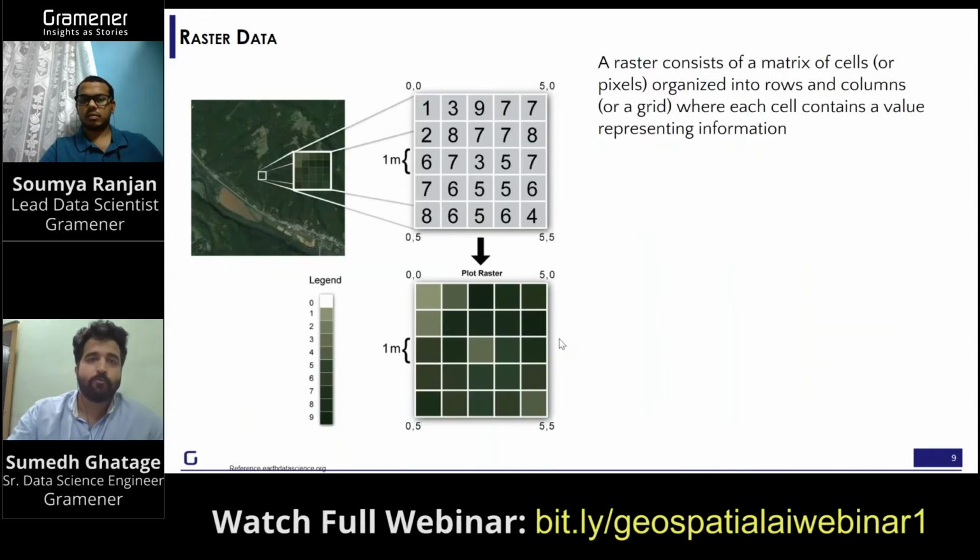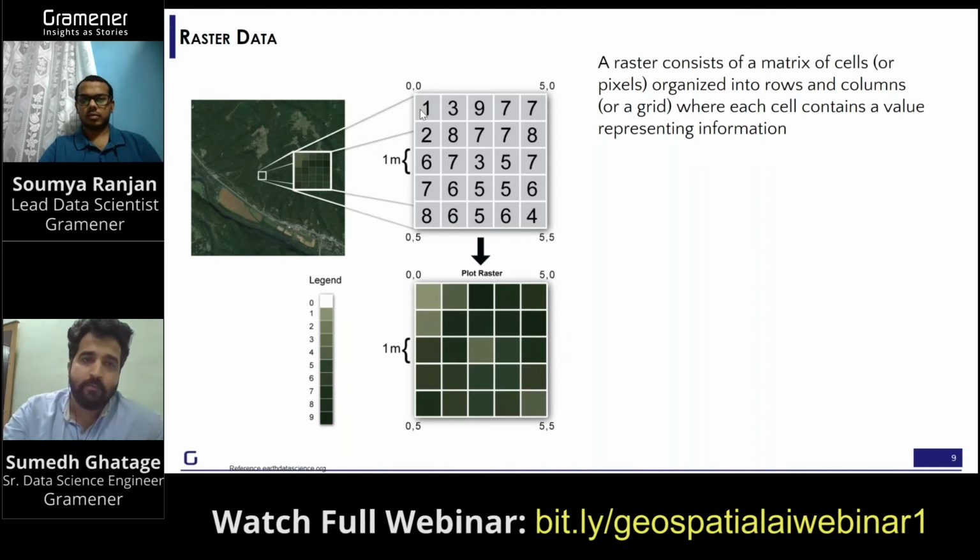Now moving ahead to the raster data sets. As in the image example I gave, we all know we have mobile cameras with a certain pixel capacity. Raster consists of a matrix of cells called pixels, which are organized into rows and columns, also called grids.